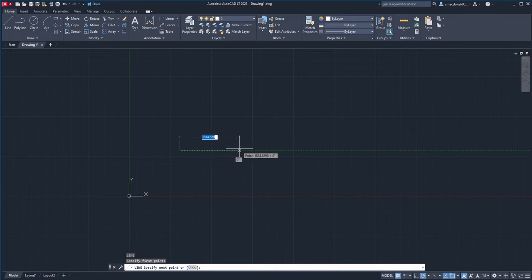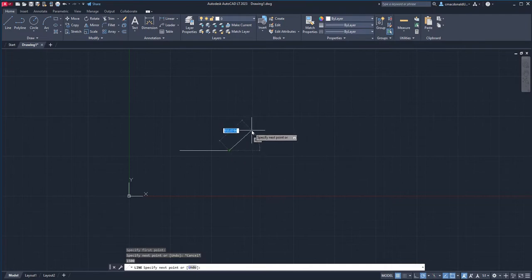Now as you can see, the tooltip is trying to keep track of exactly what the length of the line is that we're drawing, but we want to keep those numbers specific. So here's what we're going to do, and here's why it's good that the tooltip is on. Let's type 1500 in the command line. Now because AutoCAD can already see which direction we're gesturing for this line to go in, all we're really doing is specifying its distance. So now that we've got 1500 typed in, we're going to hit enter, and that completes